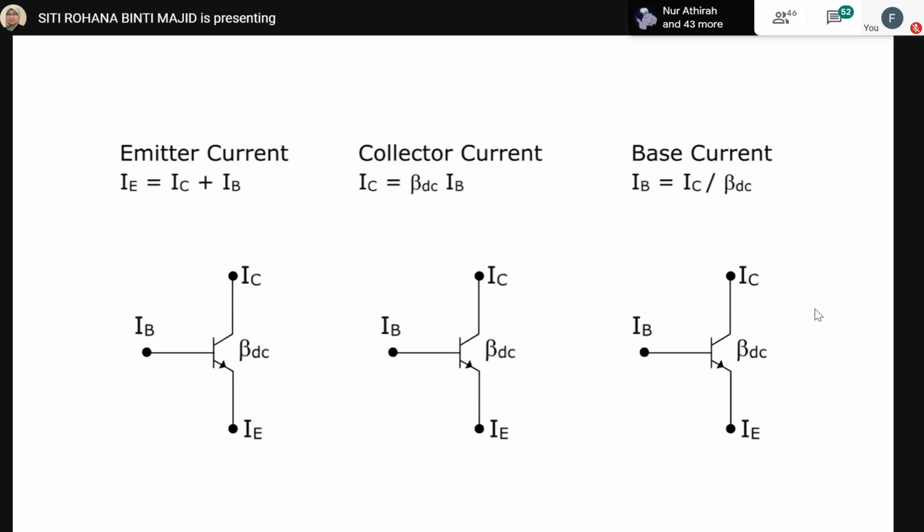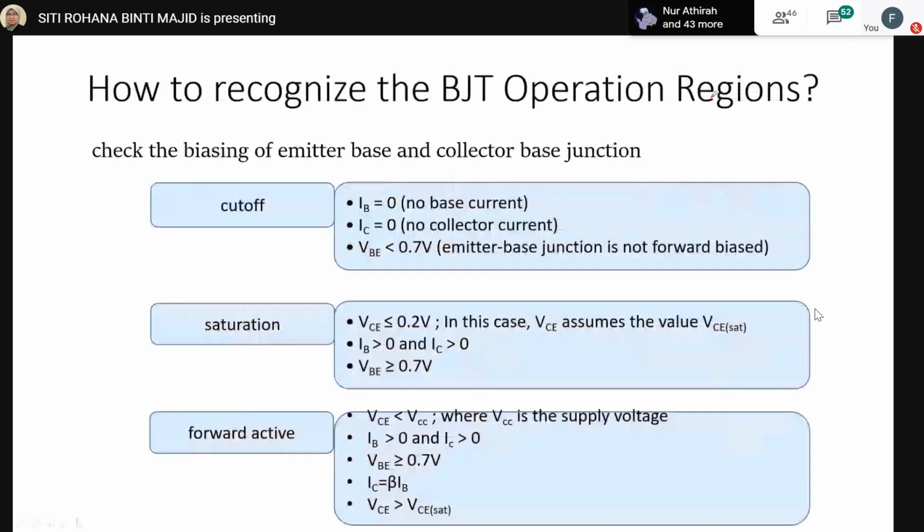Okay, so now how to recognize the BJT operation by calculation. Okay, everyone can see this slide. This slide is